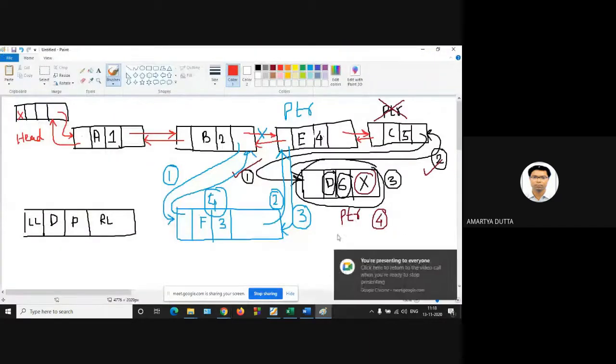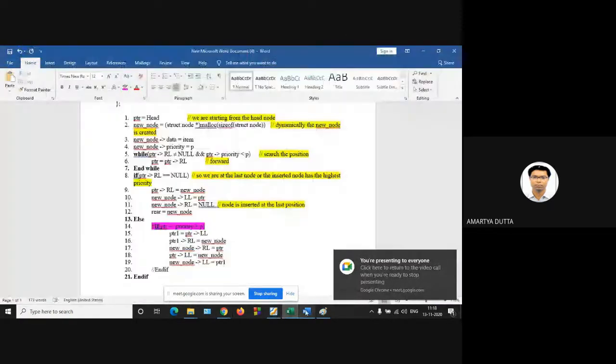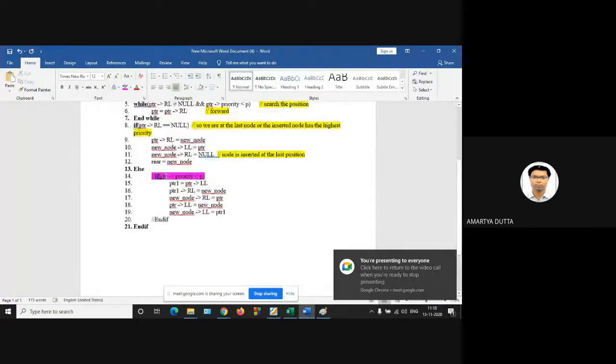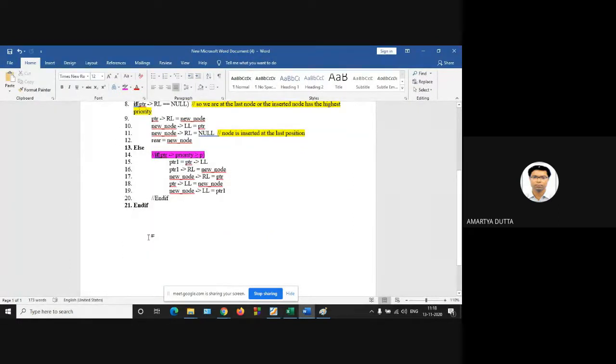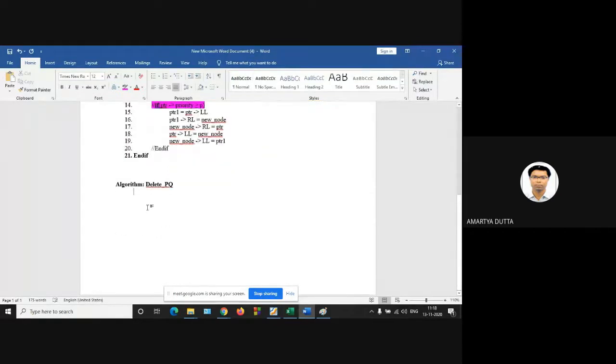Okay, now delete. You have to delete. So algorithm delete from priority queue. First of all, any idea how to delete? First of all, we have to check whether your list is empty or not.